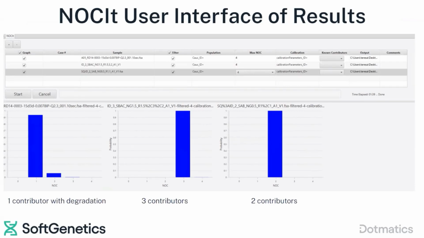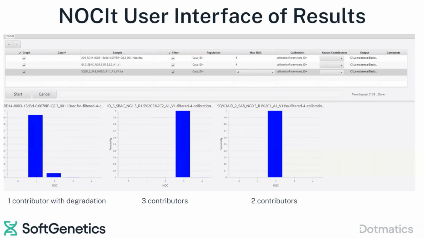The first is a degraded single contributor. So you can see that the highest probability is for a single contributor, but because of the degradation, there is also a low probability of 2 or 3 contributors as well. And so this data can easily be misinterpreted when someone is visually evaluating the electropherograms, because that degradation can mimic a low-level contributor. The next sample was actually a 3 contributor sample, and that was also the highest probability determined by the software. The third sample was a 2 contributor sample, and that was also the highest probability determined by